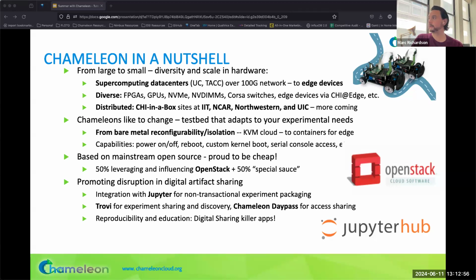But the great thing about being based on OpenStack is, as we'll see in the tutorial, we have a huge amount of existing features from OpenStack that we can utilize in Chameleon. And so if you're trying to do something really complex, it may be useful to explore more of what that platform supports. So the last point I'll mention here is that we put a lot of effort into